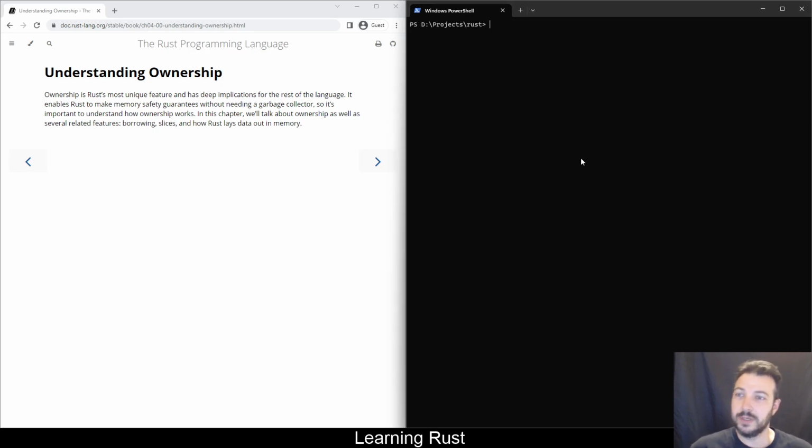Ownership is Rust's most unique feature and has deep implications for the rest of the language. It enables Rust to make memory-safe guarantees without needing a garbage collector. So it's important to understand how ownership works. In this chapter, we'll talk about ownership as well as several related features, borrowing, slices, and how Rust lays data